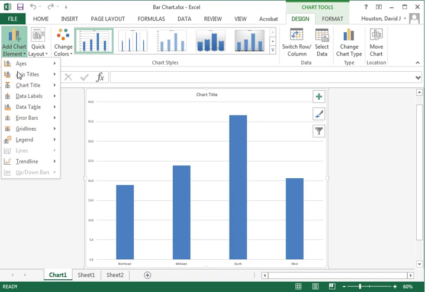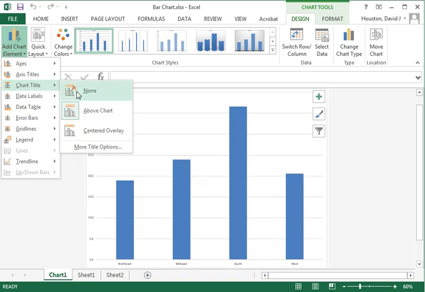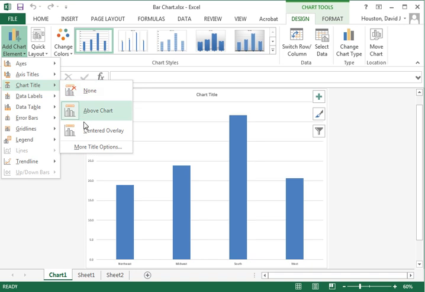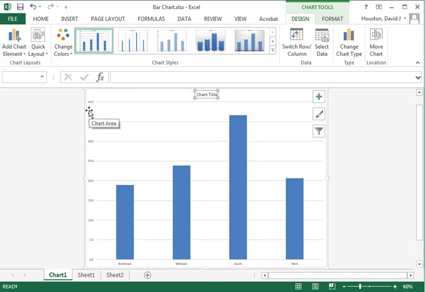The first thing we'll do is just add a chart title. And you notice right now, the red X indicates that none is selected. We can make it above the chart or overlay on top of the chart, so it actually takes up some of the chart area. I want it above the chart. And we see here then the box appears right at the top of the chart, the chart title. Now I can simply start to type in the title, and you notice that right away it goes to the menu bar at the top, chart. I'll make a bar chart